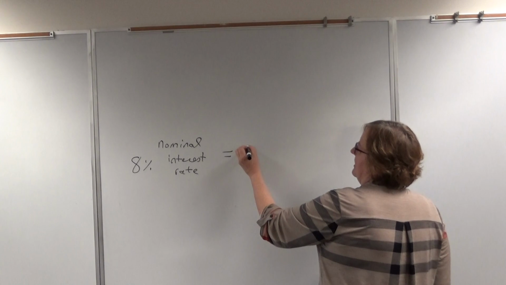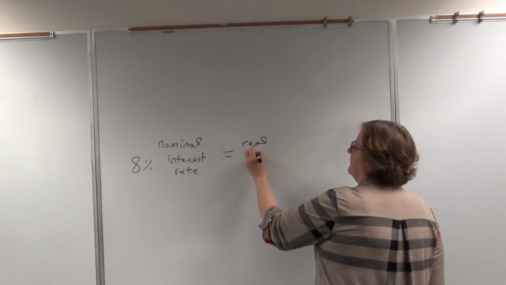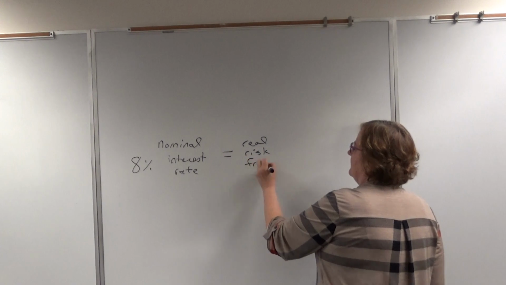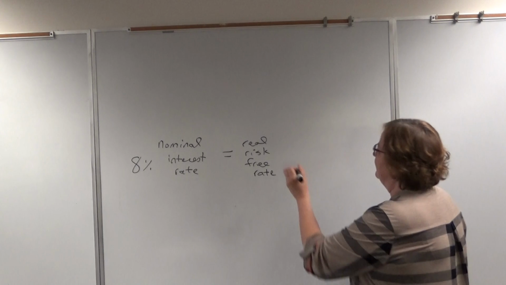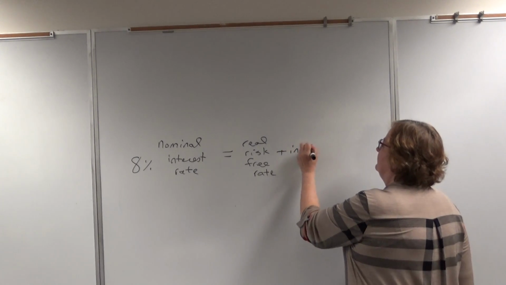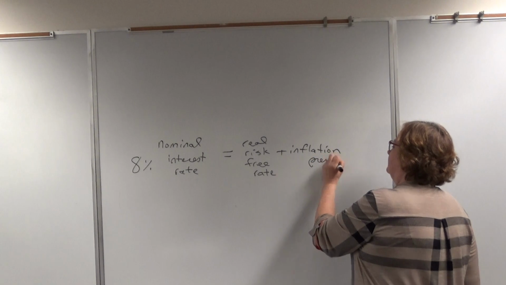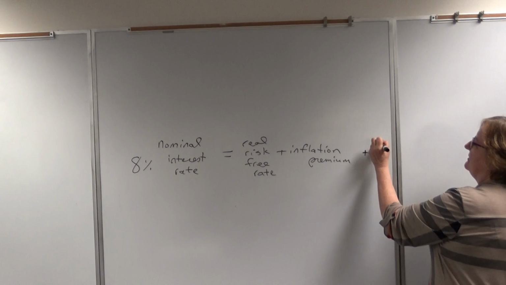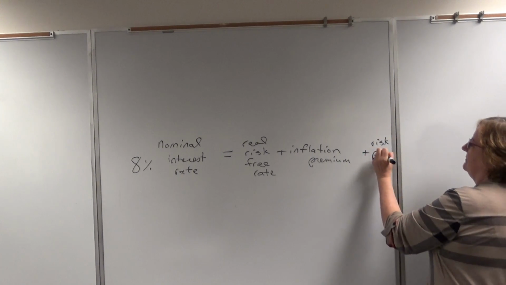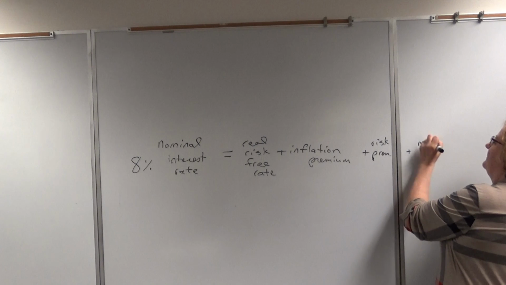That's going to be made up of the real risk-free rate plus an inflation premium plus a risk premium plus something called a maturity premium